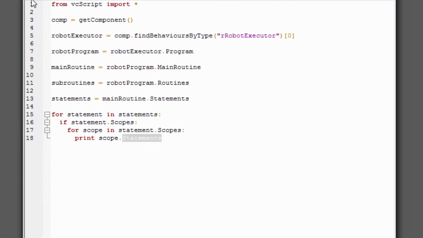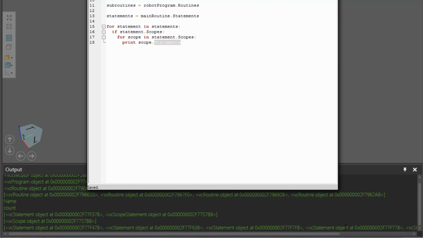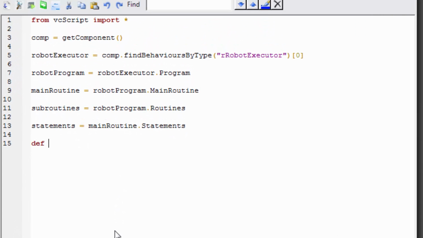So if I compile the code, we can see we get a much longer list here, so it's returning the statements that are in our while loop. So to get all the statements in a routine, let's create a method. I'll say define get all statements in routine. Instead of giving a routine object, let's just give a scope object. So I'll say my first argument, or first parameter, is called scope, and we want to collect all those statements in a list. So my second parameter will be an optional one called statements, and we'll set it equal to none. And what we'll do at the start of the method is to see if that statements argument is none or it doesn't contain anything.